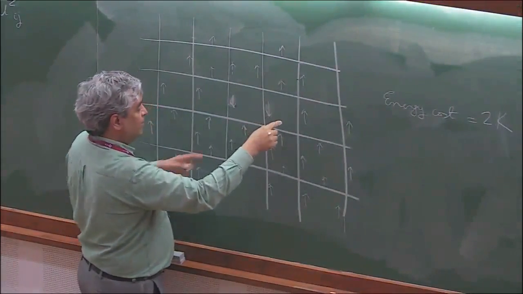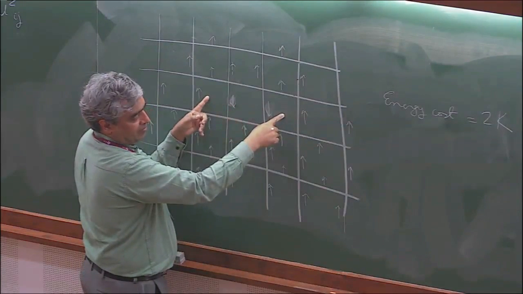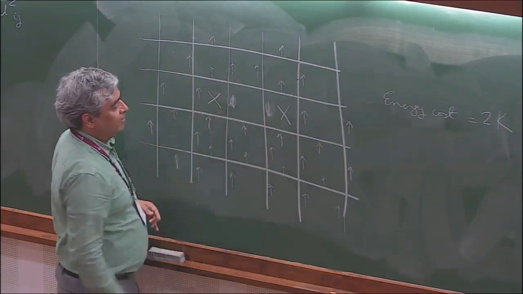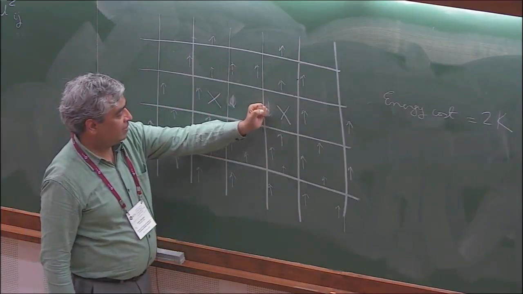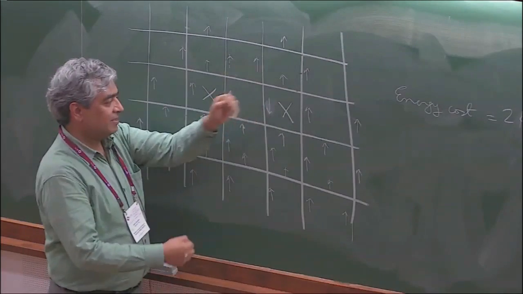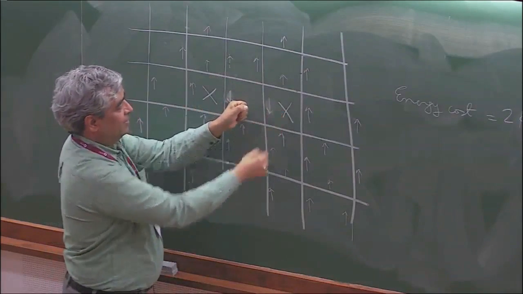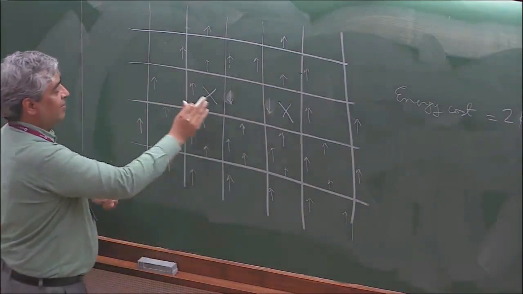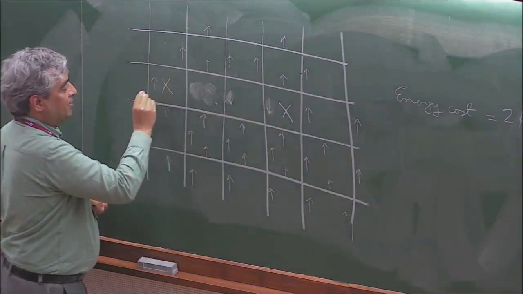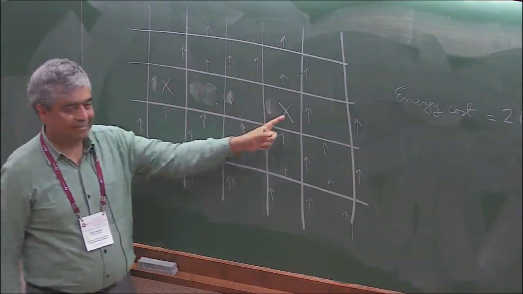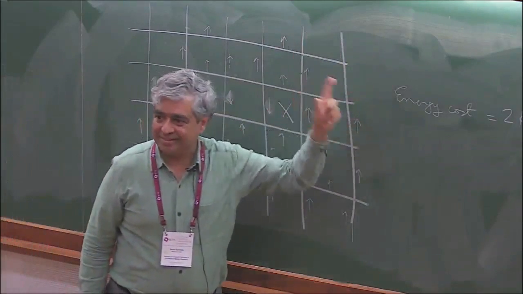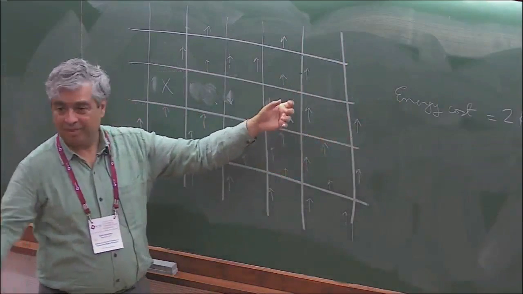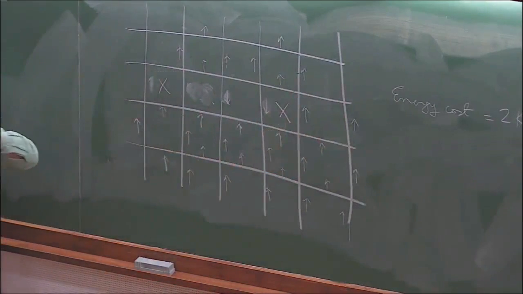So from these two plaquettes unhappy to these two plaquettes unhappy. Let me just put an X here for the unhappy plaquette. So hitting a G moved an X. First of all, the first time you hit G, you created two X's. Now you hit the G here, it moves one of the X's. And then I can hit it again, and then it moves here. So the X can now move around freely. It'll have some dispersion that's given by the coupling G. So it becomes a particle, and this also moves around, and they're free to move.